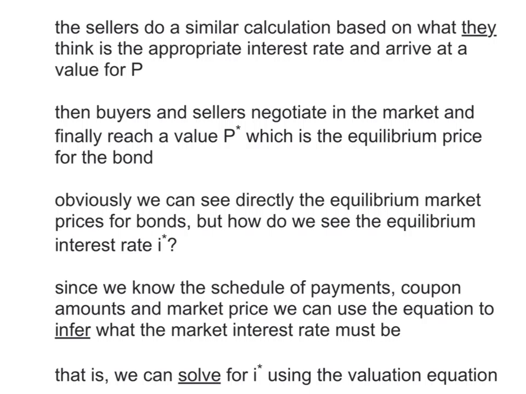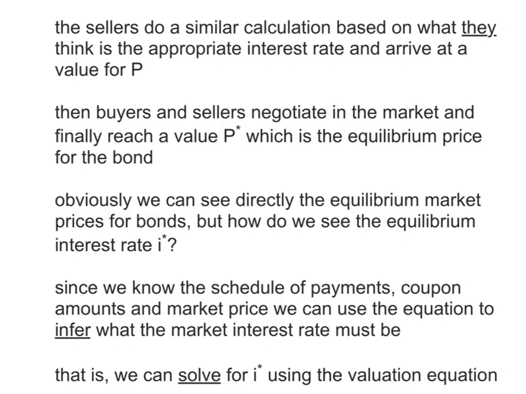Buyers and sellers agree on a P, and once we know P, we can infer what is the equilibrium interest rate. Remember, we have an equation that has a left-hand side, a right-hand side. Once you know the left-hand side, the value for P, then everything else on the right-hand side is given except the I. So the I has to adjust to make the left-hand side and the right-hand side equal. So that's how we get the equilibrium I star. To summarize,